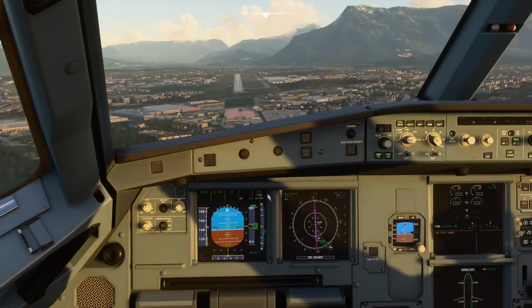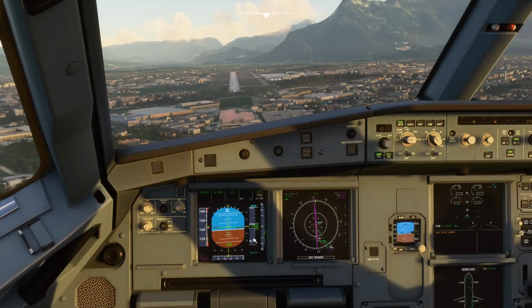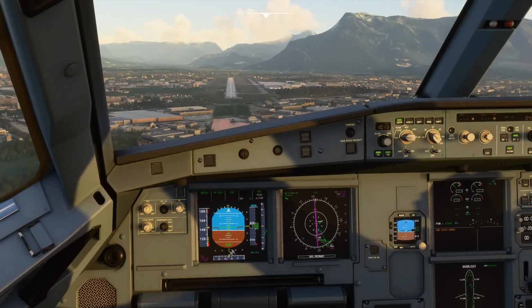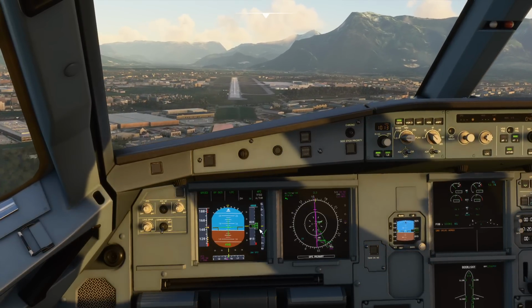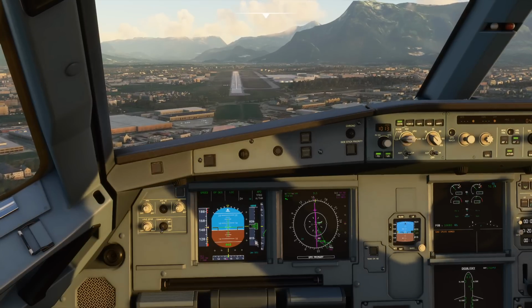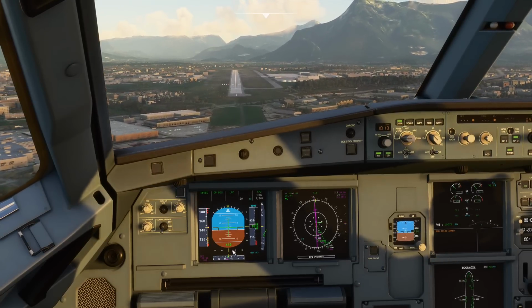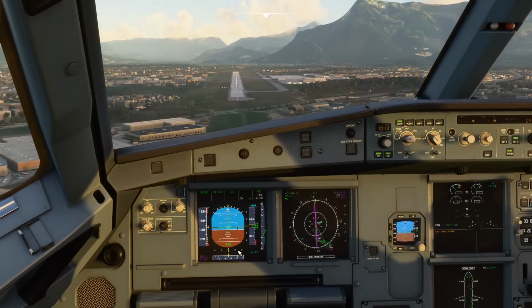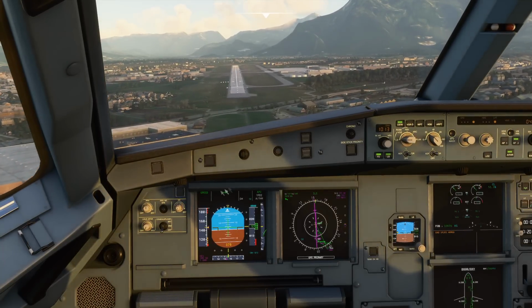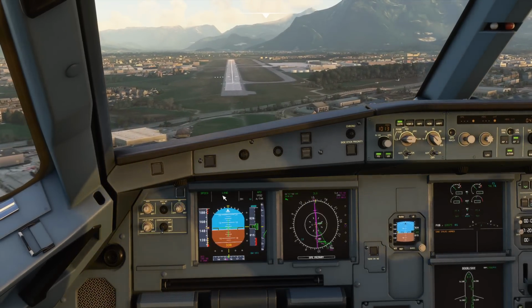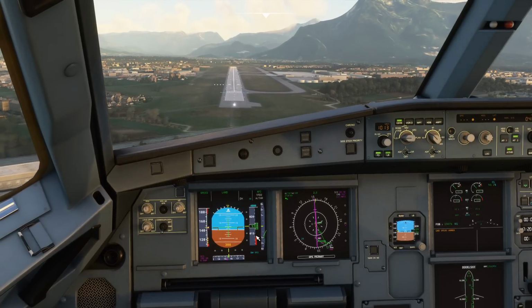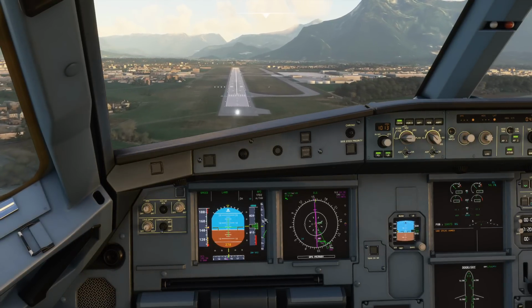As you can see, Salzburg is actually not at sea level, it's higher than that, about 1400 feet. So at 500 feet above the ground, we're still about 1800 feet above sea level. So by 350, I want it to say land. I will carry on this one. There we go, land. So it has correctly changed to land, and now a speed mode is still in, so that's good. So the next one, by 30 feet radio altitude, it should say flare, but it seems to be